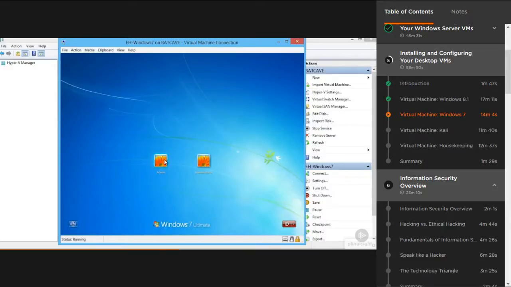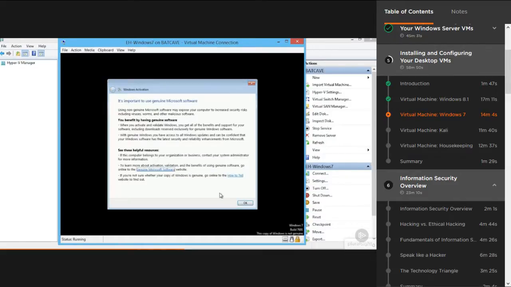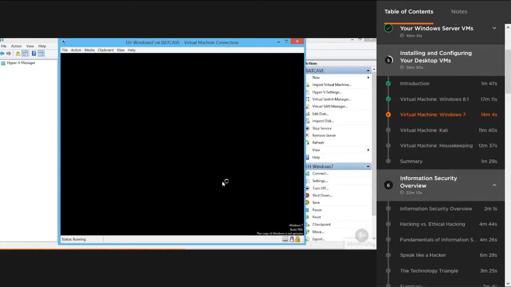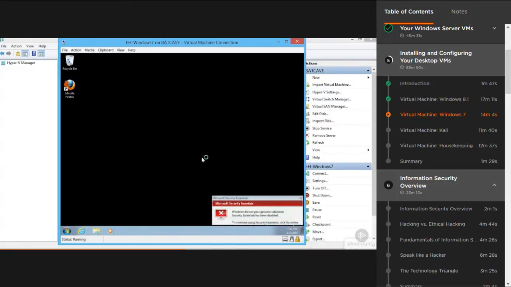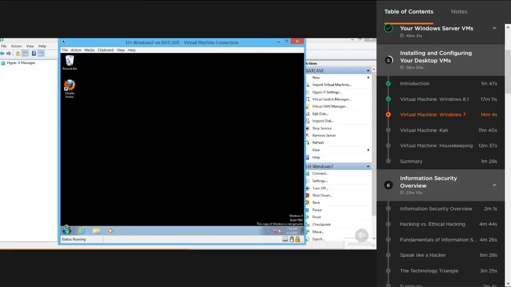I'm going to go ahead and highlight my admin and go ahead and log back in with our older password of password 1. And the first thing I want to do is create some consistency. First of all, I need to activate this later, but the consistency I'm talking about is I want to change the password for this account. We'll go ahead and close that. And the easiest way to